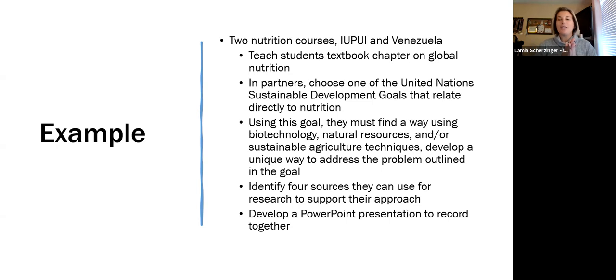So how can we use it, just expand a little bit? And what's the issue in Venezuela that's also an issue in the United States? And something that, unfortunately, we can say is clean water, access to clean water, safe water. And so some of them talked about that. We can also say the erosion of natural resources. Both of us are having issues. So they just came up with some really fun ways to do this. And because we didn't put limitations on the imagination, it created a lot of fun opportunity there.